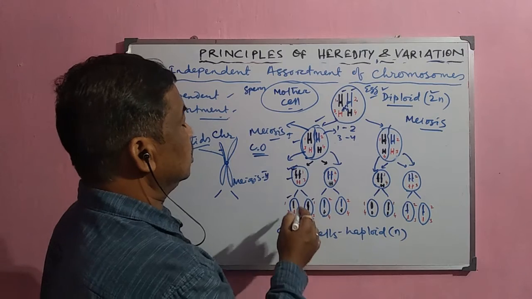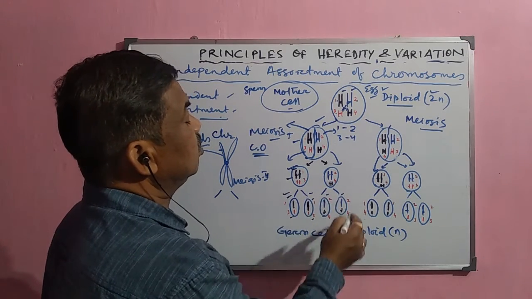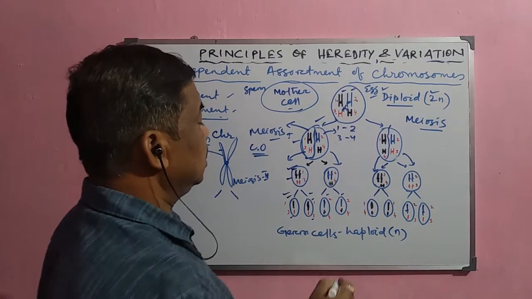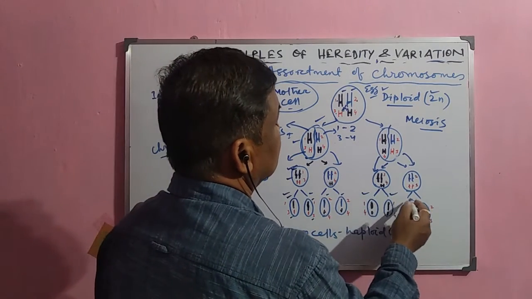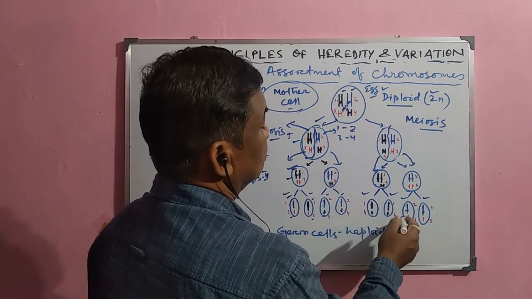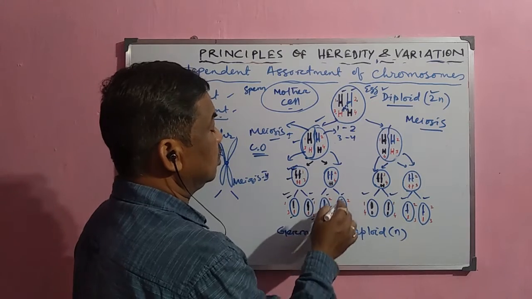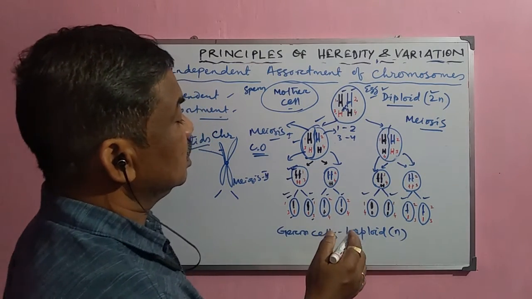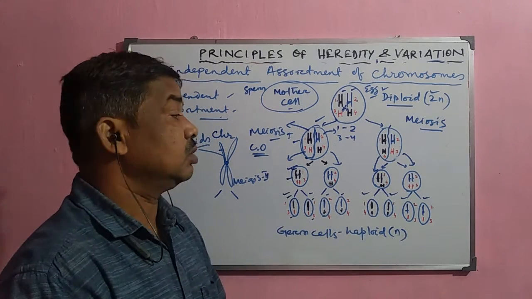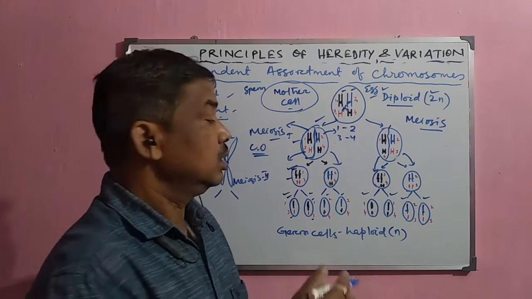So in this way they split and are independently moved to different gametes, and that is why there are 4 different types of cells you will find here: 1 4 1 4 and 2 3 2 3, and here 1 3 1 3 and 2 4 2 4. So that is why these are the different types of combinations of gametes which are formed in the offspring.